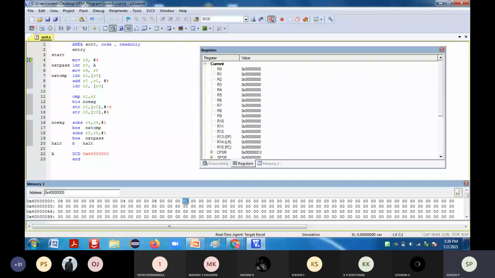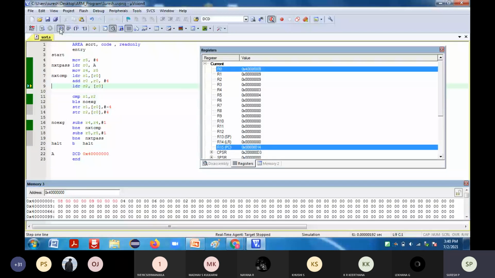Okay, so next it is done. This and this is going to compare. So next compare, 9, 8, 4 it is going to compare. It is going to exchange 9, 8, 4. So I can see it here 9, 8, 4 is exchanged here.